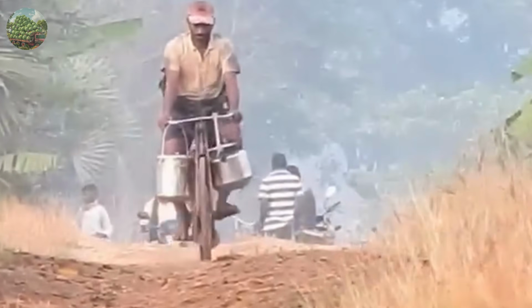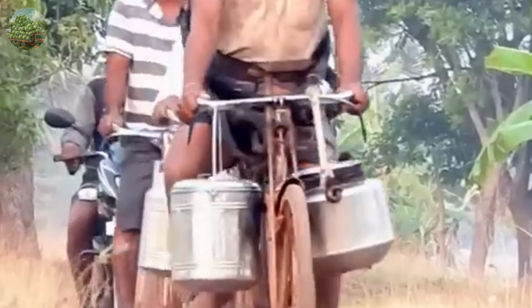The toddy harvesting process begins at dawn. Palm is deeply woven into the cultural and economic fabric of Cambodia and India. Today we will delve into two of its most